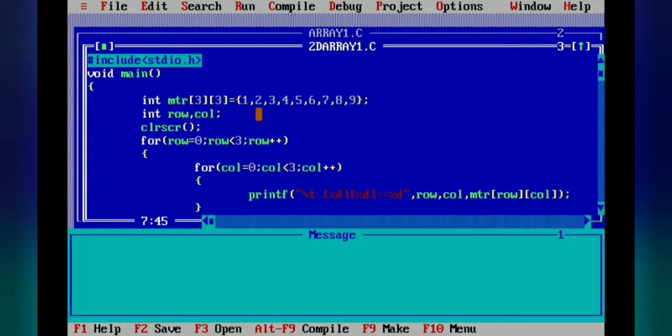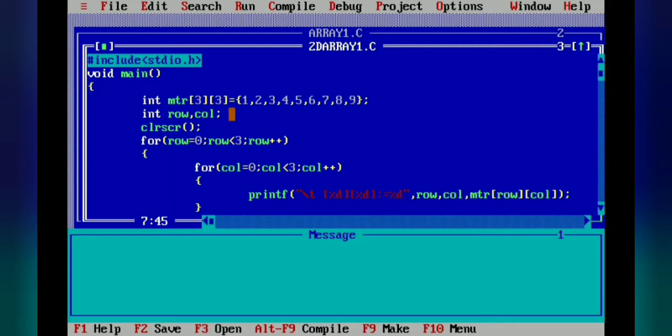In total, how many values do we have to store? 9 values. These 9 values are provided by me here only, along with the initialization. When we are declaring the variable, at that time only I have initialized the values. That is why it is known as compile time initialization. Now the values are stored in the matrix.